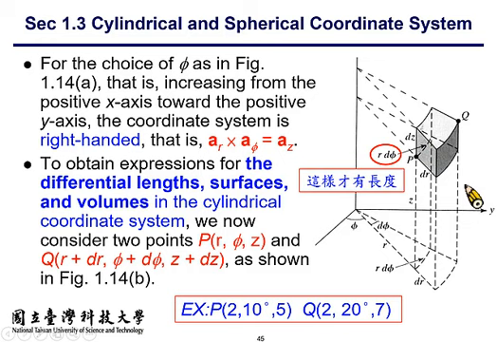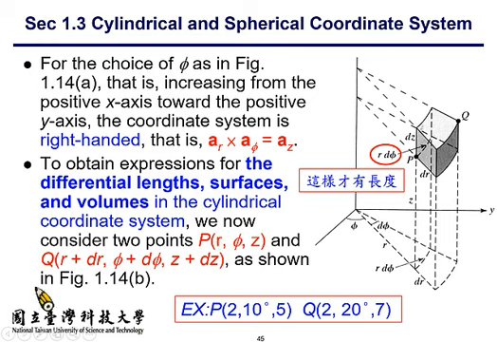OK，那另外我们有提到面积体积的描述。So here we take a closer look at this figure. For example, if the coordinates of point P are R equals 2, Phi equals 10 degrees, and Z equals 5, and Q is located at another position. 这是我随便乱编的 example。所以你会发现 R 跟 Z 都是位置，Phi 是角度，好不好？